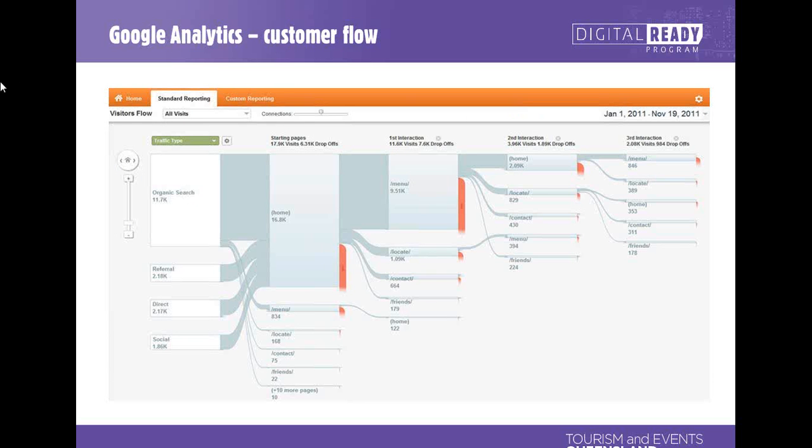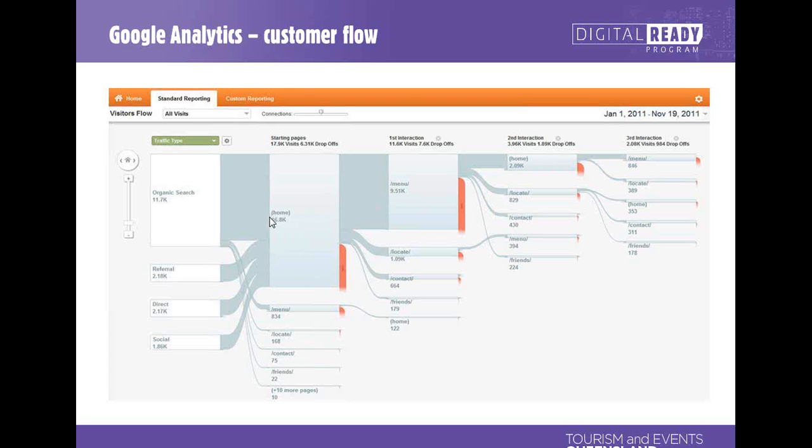So this is, they start at my home page. If it's red, that's where they're dropping off. Okay, so they start at organic search and they come to home, and from here they go to my menu and location and my contact and my friends and my home, and from there they go back to home. So this is a little bit problematic here because a lot of people are dropping off after menu and they're going home, menu, home, which is a bit of a worry, which suggests to me that they can't find what they're looking for if they're having to go back to the home page.